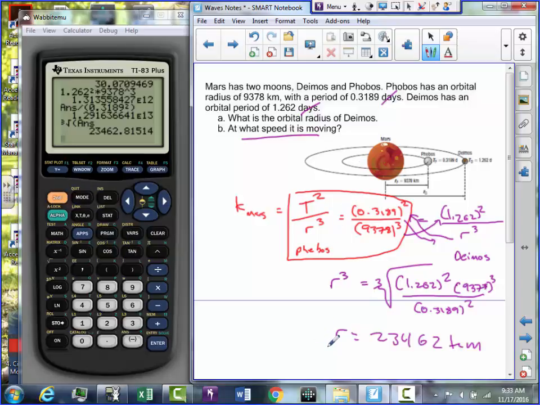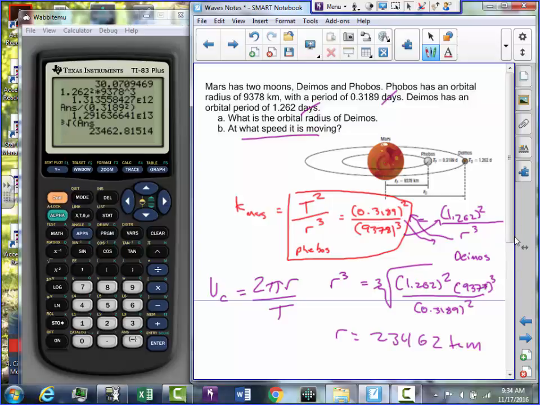Follow-up question: what speed is it moving? Well, we have that formula though. We're going to assume that it's more or less a circle still. We have a formula for that. Velocity centripetal is 2 pi r over T. As soon as I point that out, hopefully you guys will agree, this isn't actually a really hard question anymore